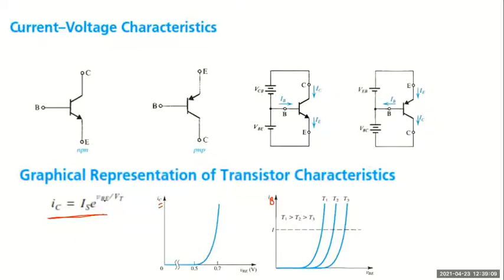Even if I take IC versus VBE, you see the equation which relates the collector current to the base emitter voltage. Remember, the base emitter junction is always forward biased, right? Whenever we analyze it as an amplifier, the base emitter junction is always forward biased. So the relationship between the output current IC and the forward bias base emitter voltage will be something like this. This is similar to the diode current equation. We also call this Shockley's equation.